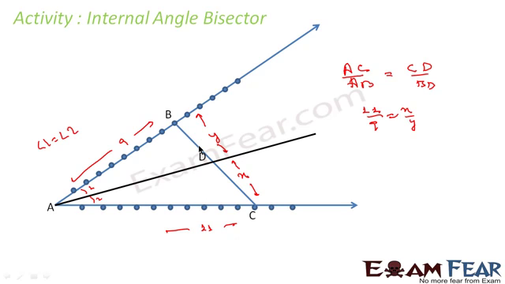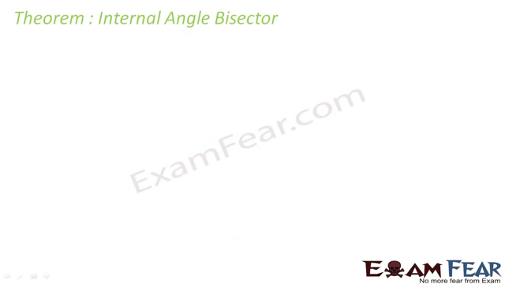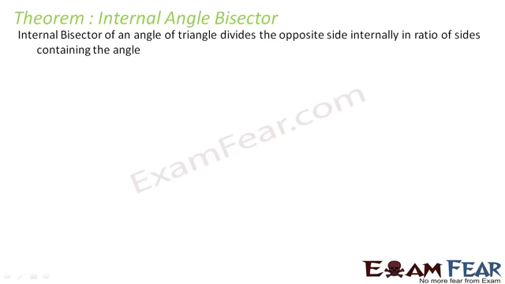This will always be true. This is an activity. Now we'll have a theorem to prove it also. Theorem for internal angle bisector. The theorem says the internal angle bisector of a triangle divides the opposite side internally in the ratio of the sides